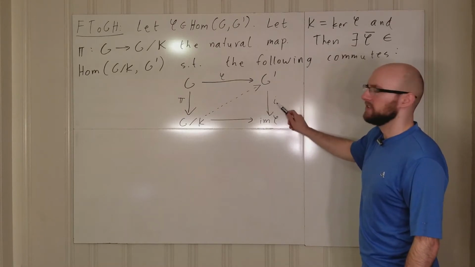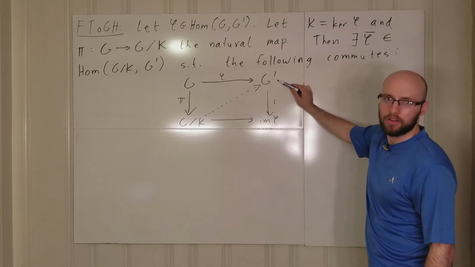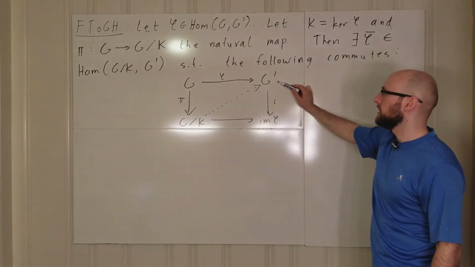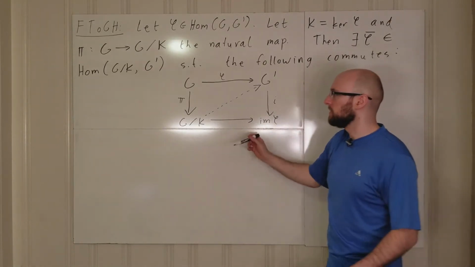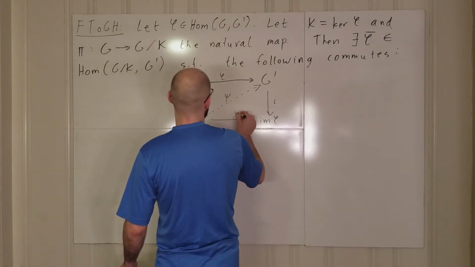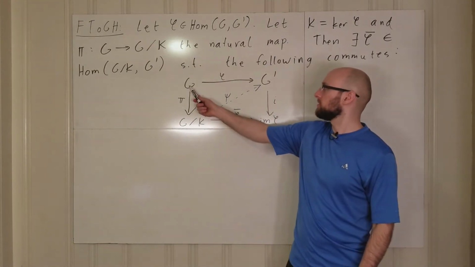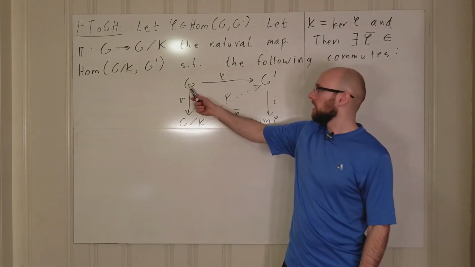I don't really like this map because it's not defined on all elements of G prime. But if we're considering this as a commutative diagram, then we're starting here,